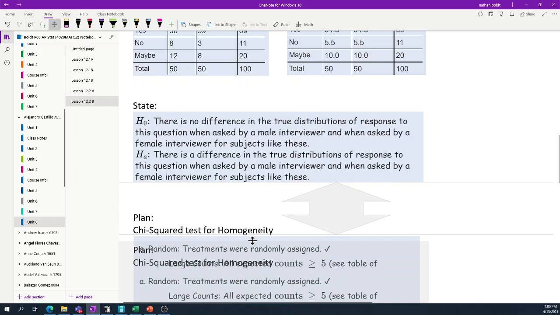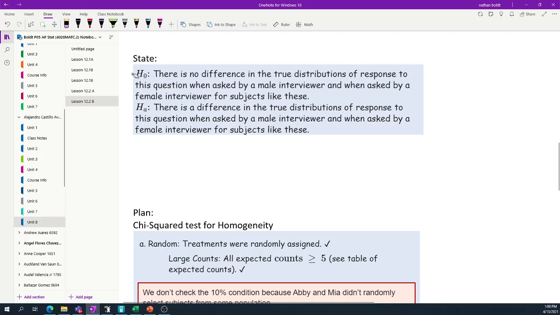All right, our hypotheses. A few important things to note here. So our null: there is no difference in the true distributions of response to this question when asked by a male interviewer and when asked by a female interviewer. And our alternative: there is a difference. So again, we've got the equal to, not equal to kind of vibe. No difference, difference. So what's our takeaway here? What do we want to try to model in other scenarios? Your null is always there is no difference